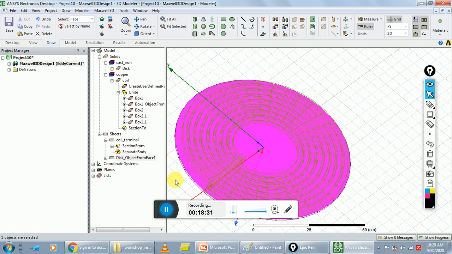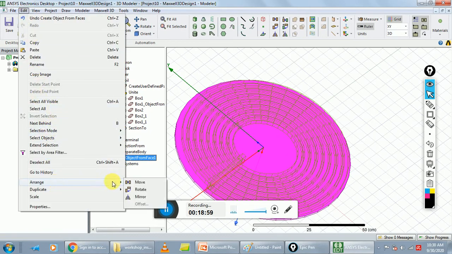Select the resulting object from the history tree and go to Edit, Arrange, and Move.